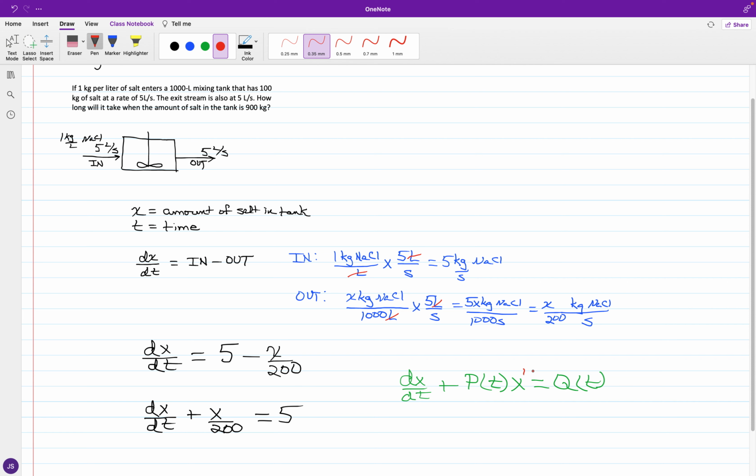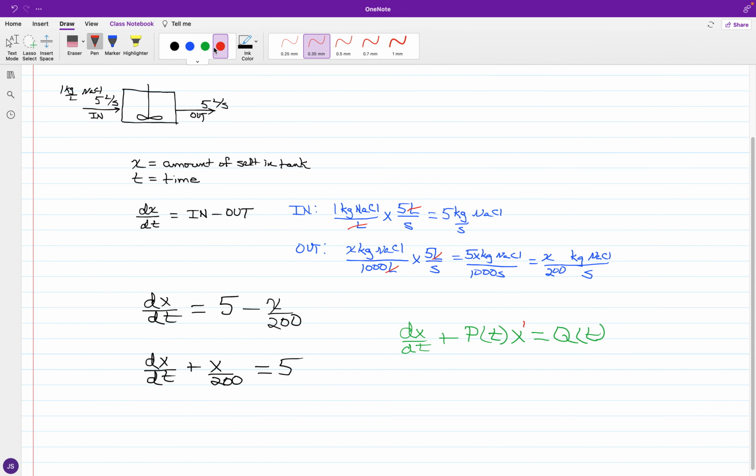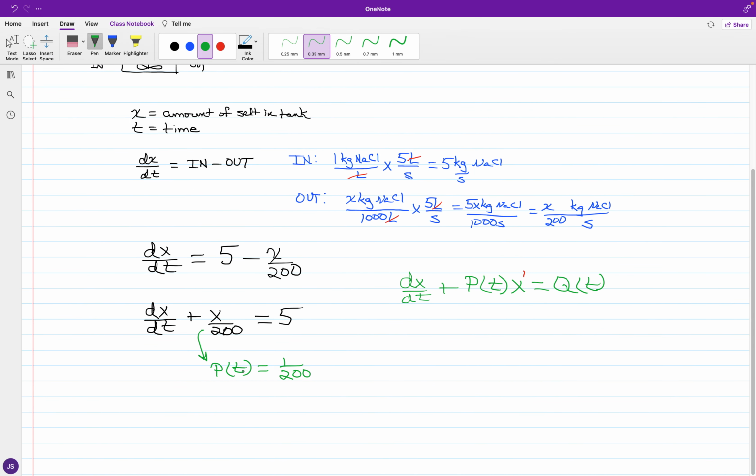Okay, so it's linear first order, and here we have x of first degree. All right, so setting things up in terms of an integrating factor, we have the coefficient p of t will be the fraction 1 over 200. And for the integrating factor, you have e to the integral of p of t dt,